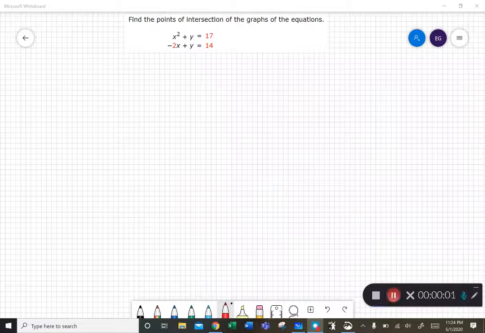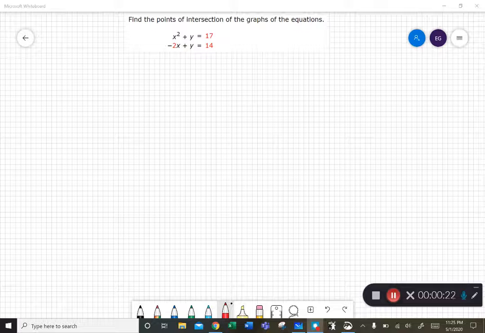Okay, in this problem we want to find the points of intersections of the graphs of these two equations. So here we have a parabola and a line. So in terms of what the solutions should look like, how many points of intersection are there going to be? Just by looking at the equations, we don't know exactly,